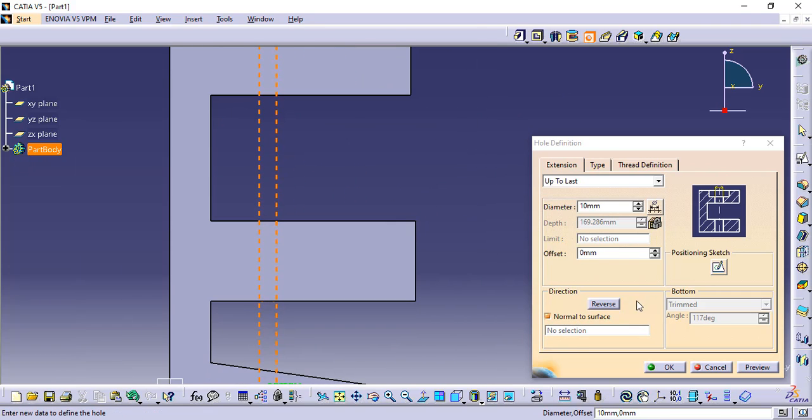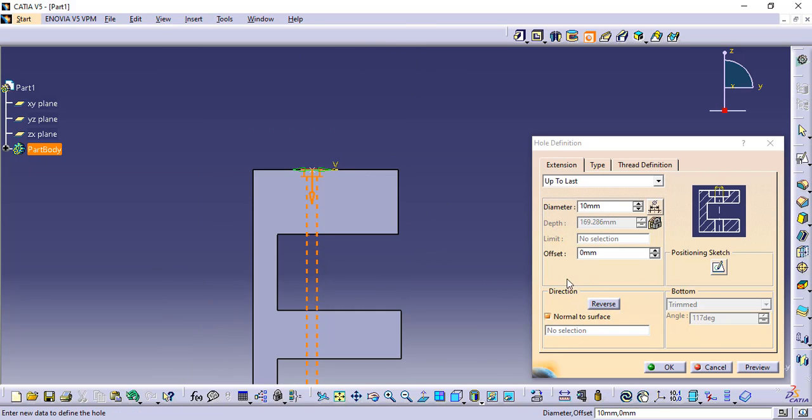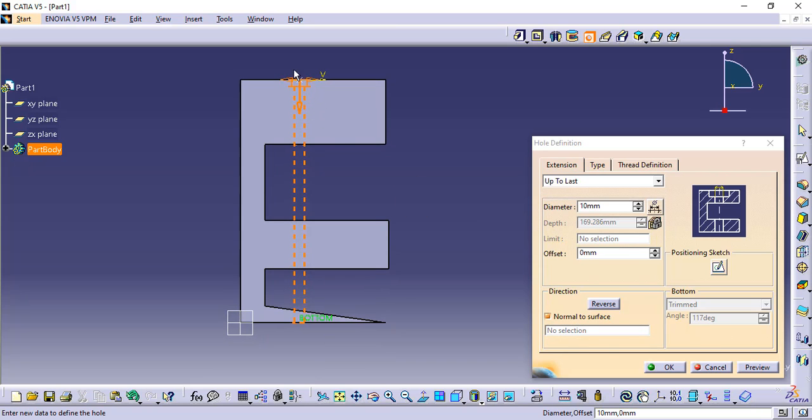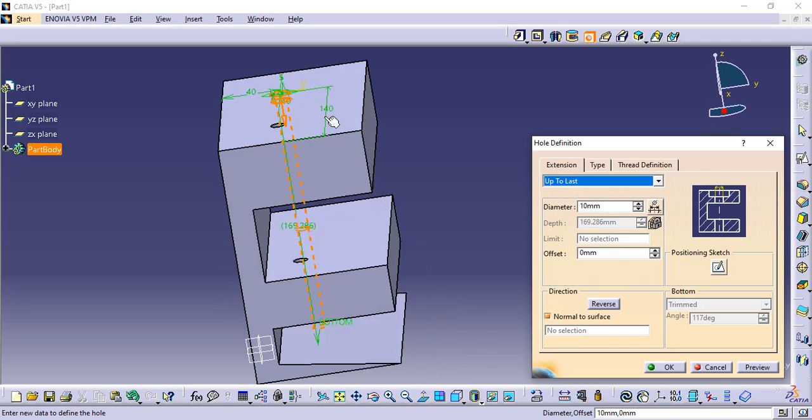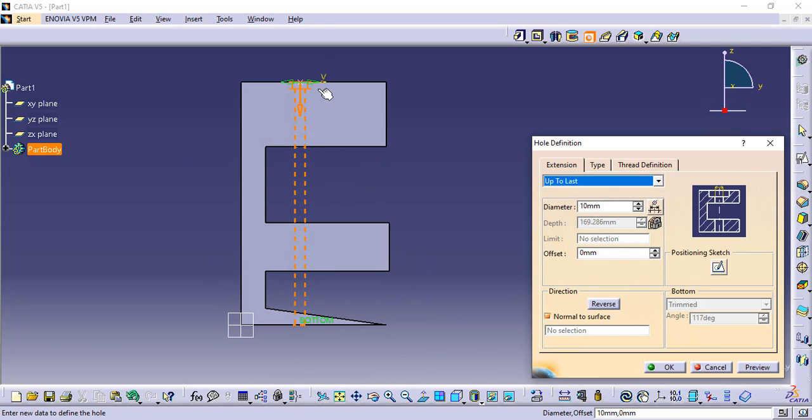And one more thing in this is the direction. In direction, you can reverse it. If we have material on the top, we can use the reverse direction. If we don't have any material, there is no use of this reverse command. Another option is normal to profile. As we have studied in the pad command, currently the hole is normal to the profile. The sketch we created on this surface, and the material gets removed normal to the sketch. If I want maybe a 20 degree angle on this side or this side, I need to make one direction line, and I can select it here, so the hole will go in that particular direction.